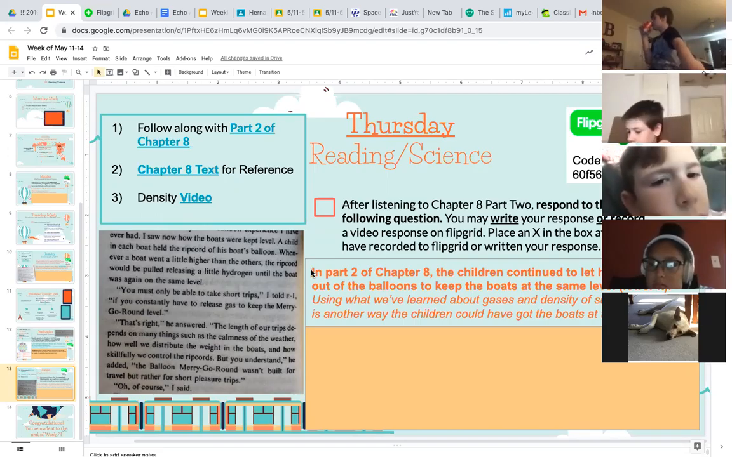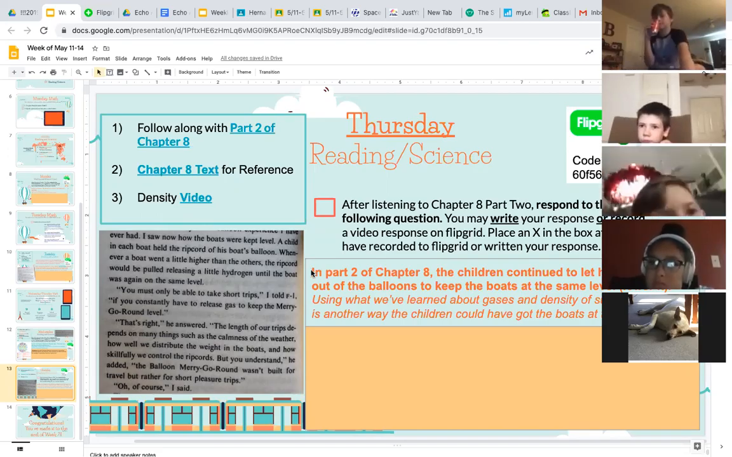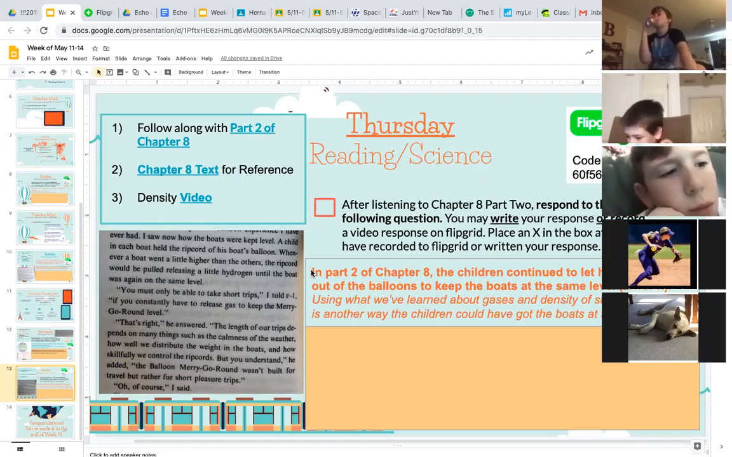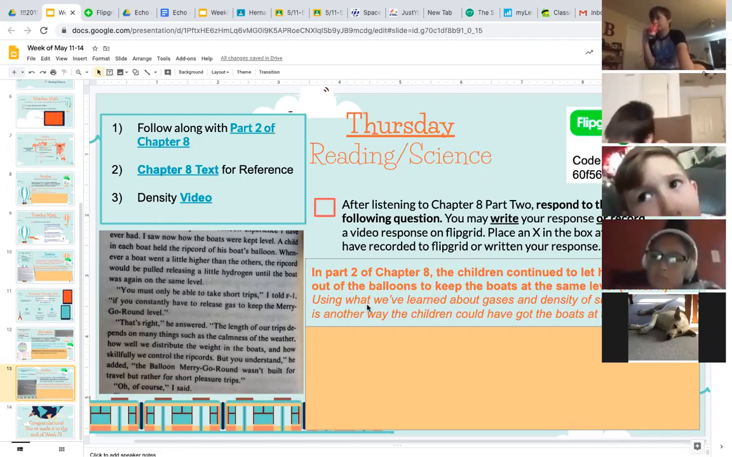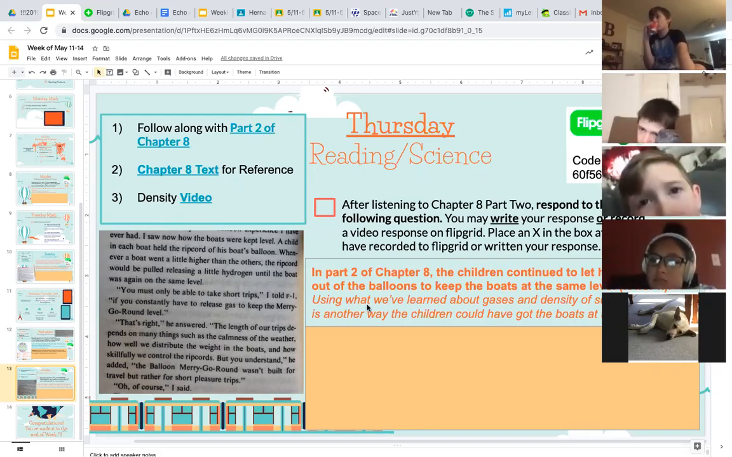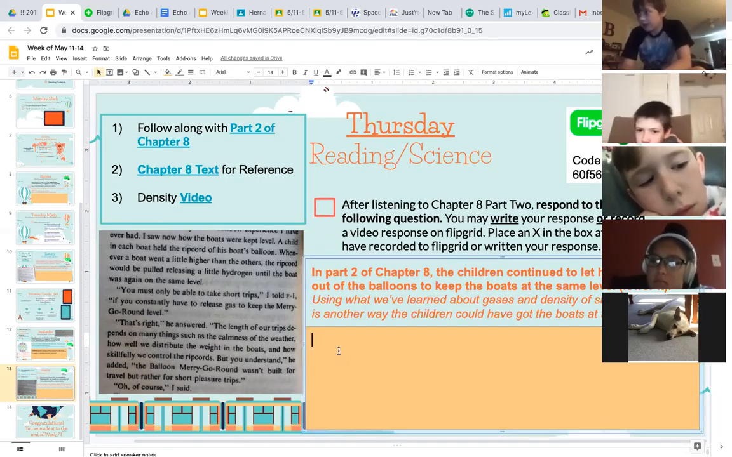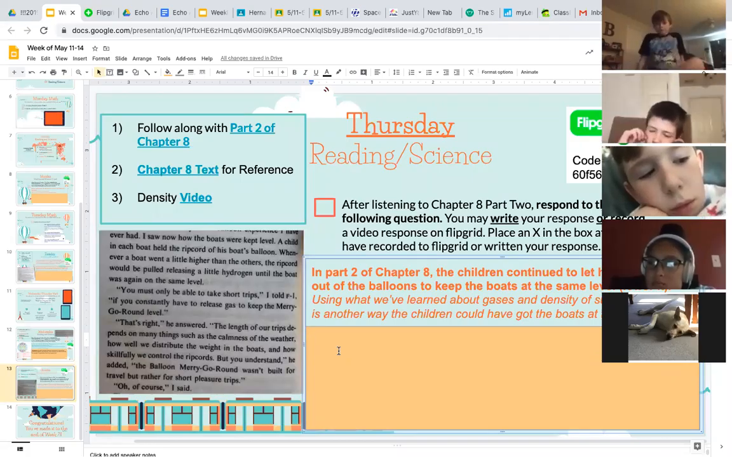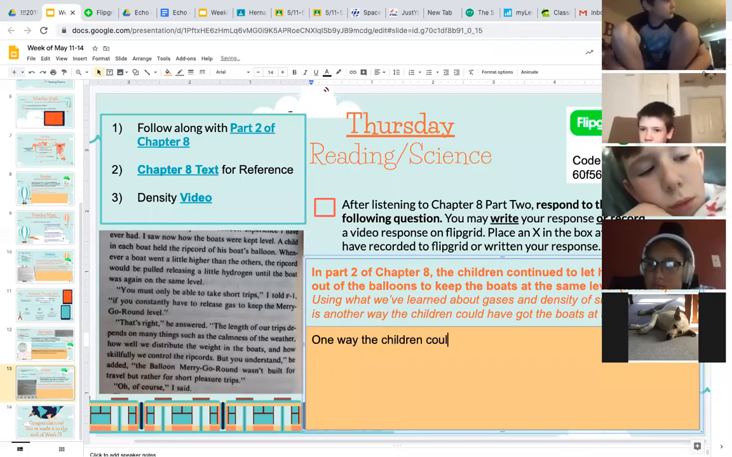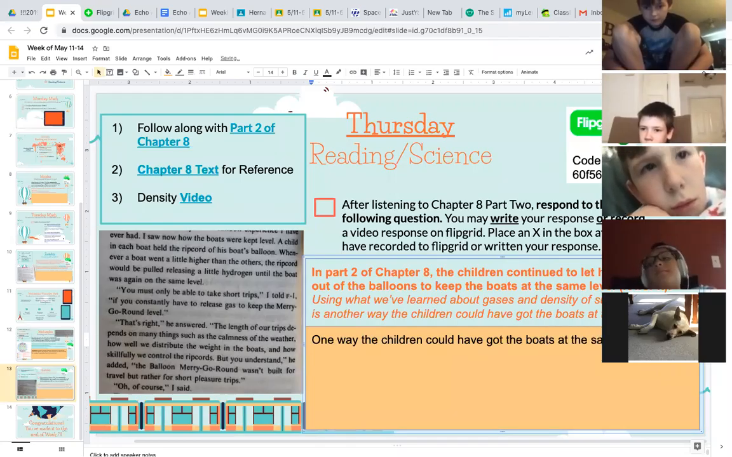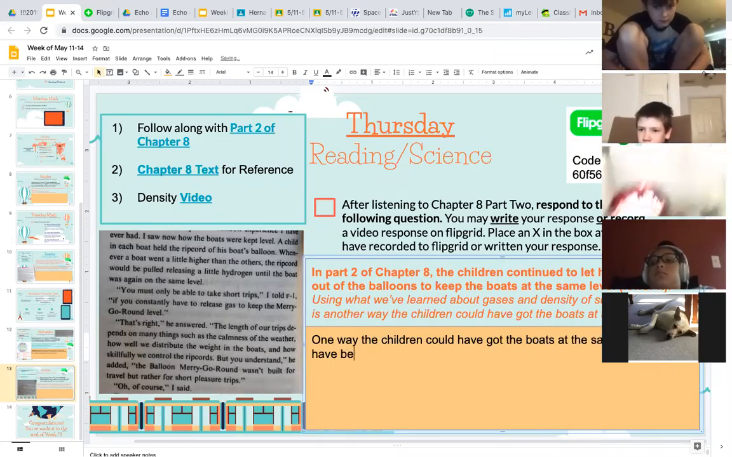So it says that they continue to let hydrogen gas out of the balloons to keep the boats at the same level or to lower the boats. So using what we've learned about gases and the density of substances, what is another way the children could have got the boats at the same level? So remember, when you answer your question, the first thing you're going to do is you're going to restate the question in your answer. One way the children could have got the boats at the same level would have been